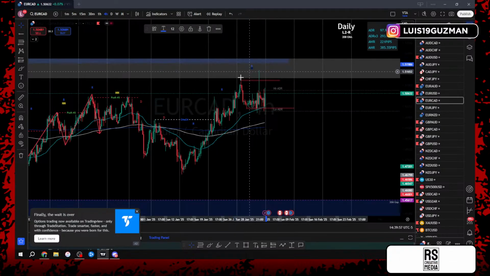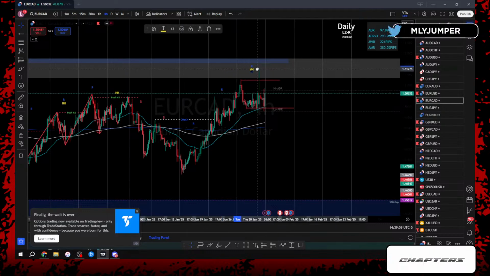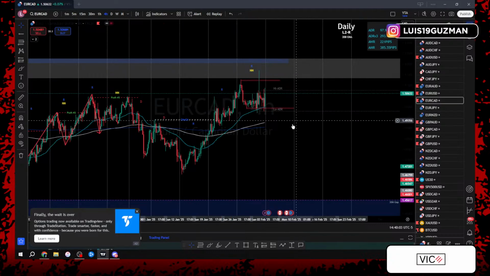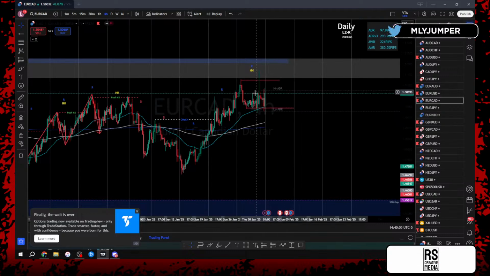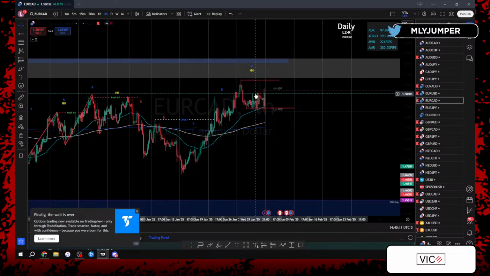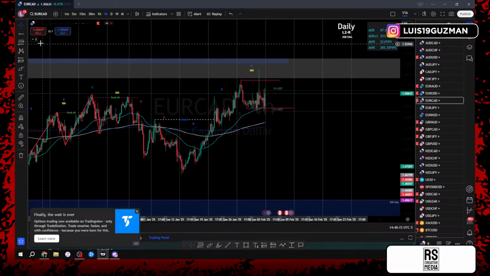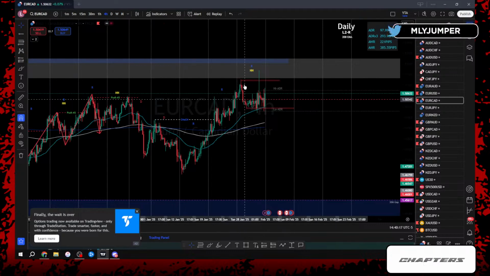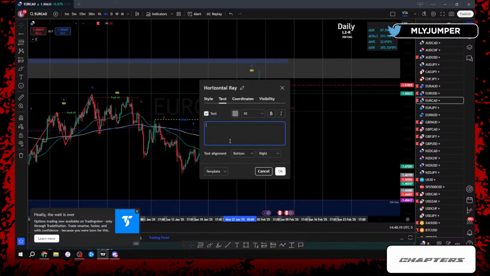So again, this pair is very similar to EU. Right, could we expect price to give us a 4th week push to the top side? Absolutely. The only thing I don't like about ECAD, again, looking for these longs, is the fact that we have an exhaustion candle at the top already, letting me know that price is most likely not going to want to push to the top side, right? But again, we're going to do the same thing. We're going to keep an eye on the pair. We're going to name this 3rd week high variation,